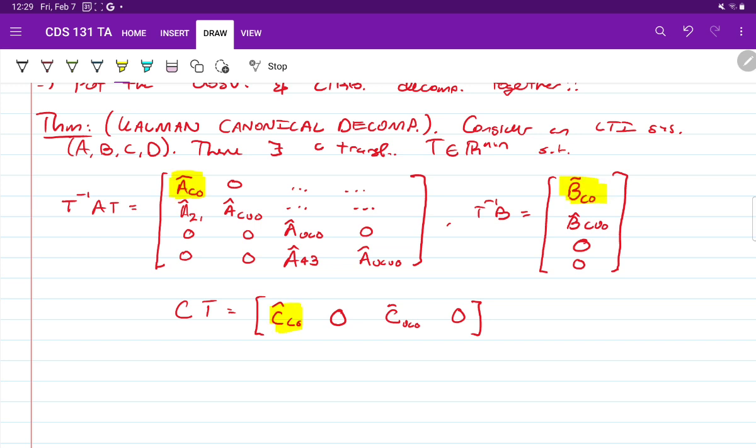So we have this one, which is really our ideal block. This contains everything with all the nice properties we could want, right? And then all the way at the end over here, we have the worst block, which is neither controllable nor observable, right? So we really hope that that doesn't exist.